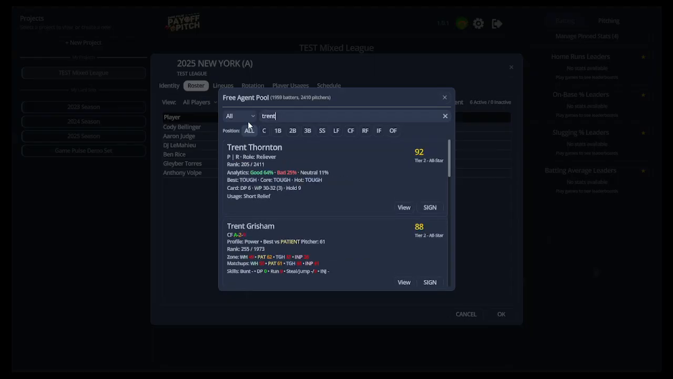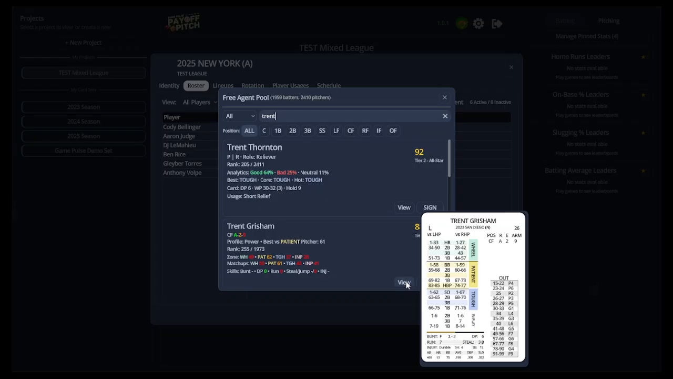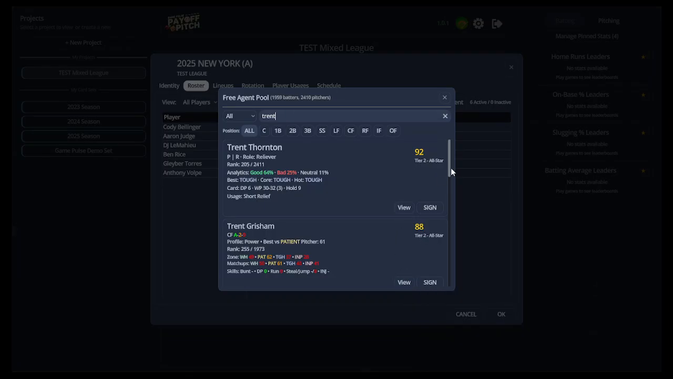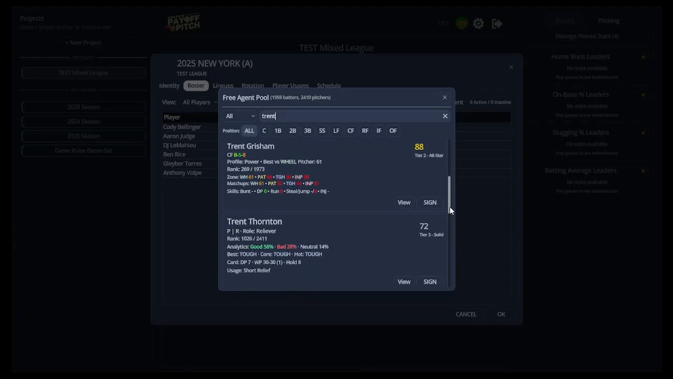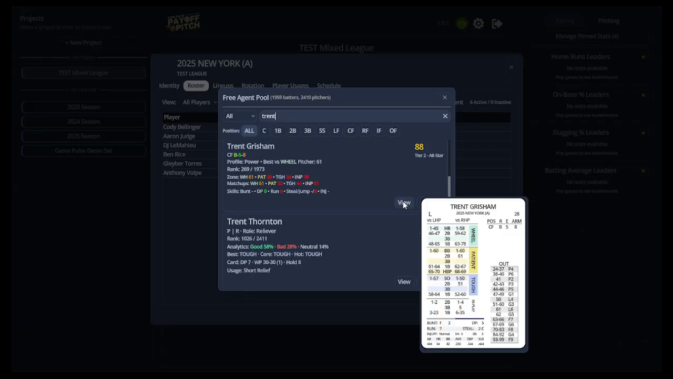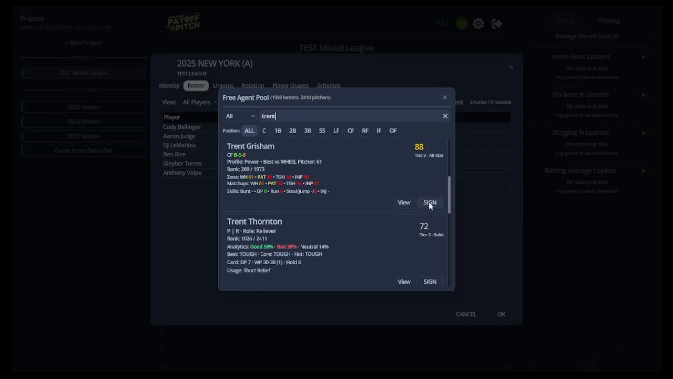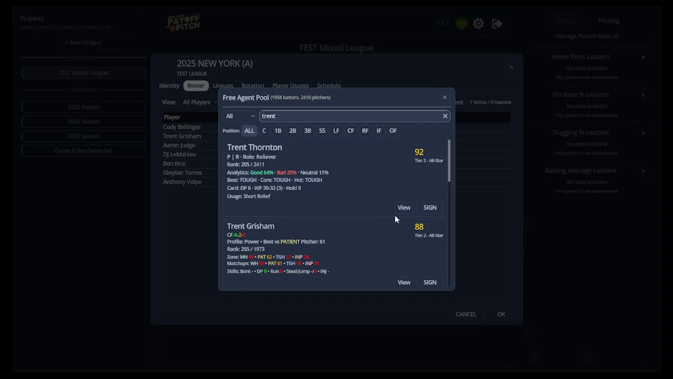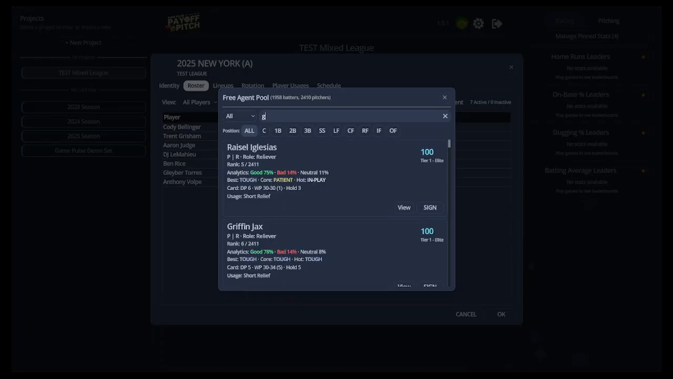We'll find Trent Grisham, and this is going to be his card from 20. That's a San Diego card. Let's see. Okay, here's his Yankee card from 2025. We'll use him for center. We already have a right fielder. We're going to find Giancarlo